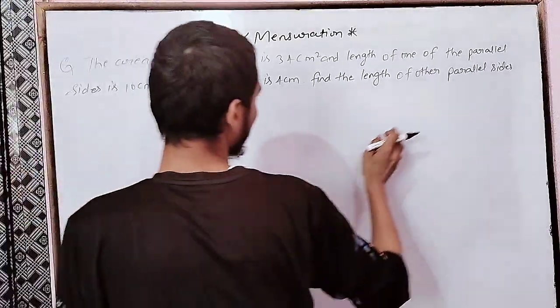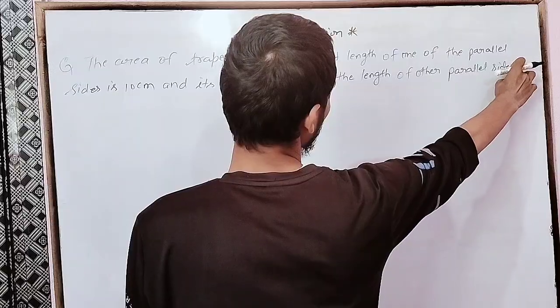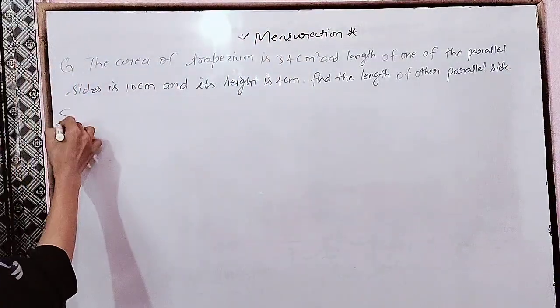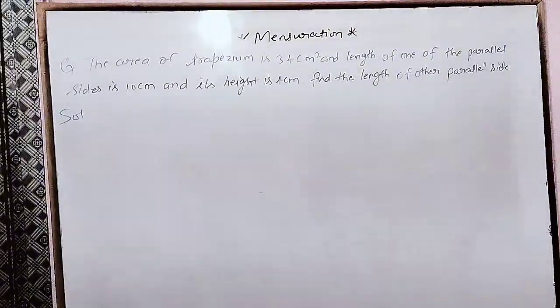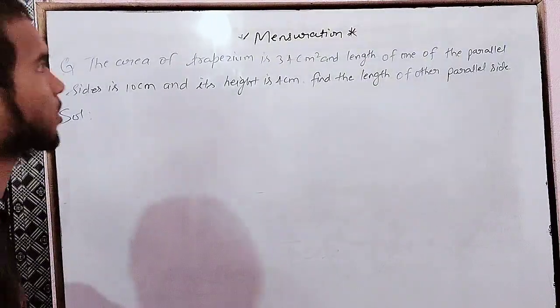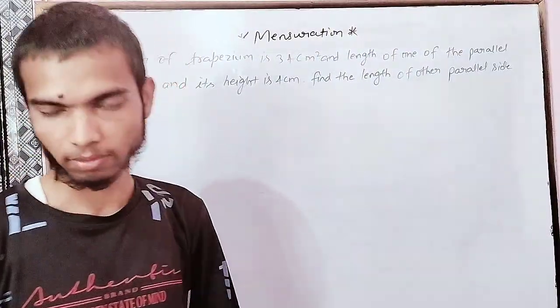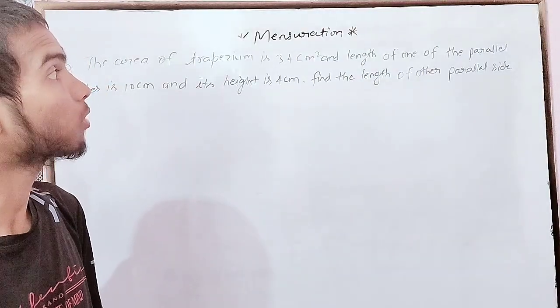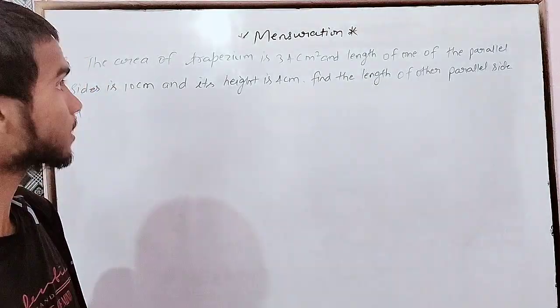First of all, we will read this question. Then we will take the next step to solve it after understanding the question. The area of the trapezium is given, which is 34 centimeters square, and the length of one of the parallel sides